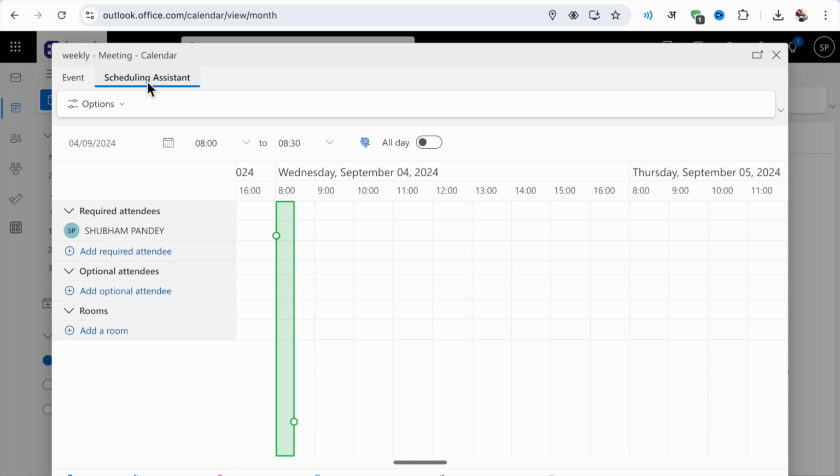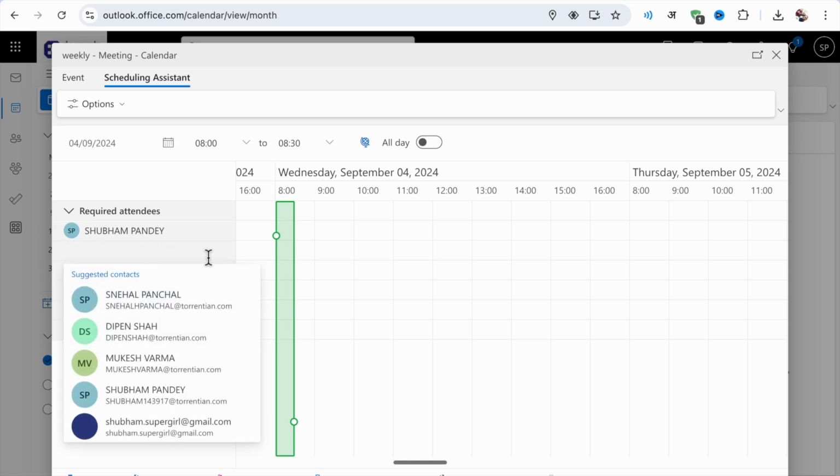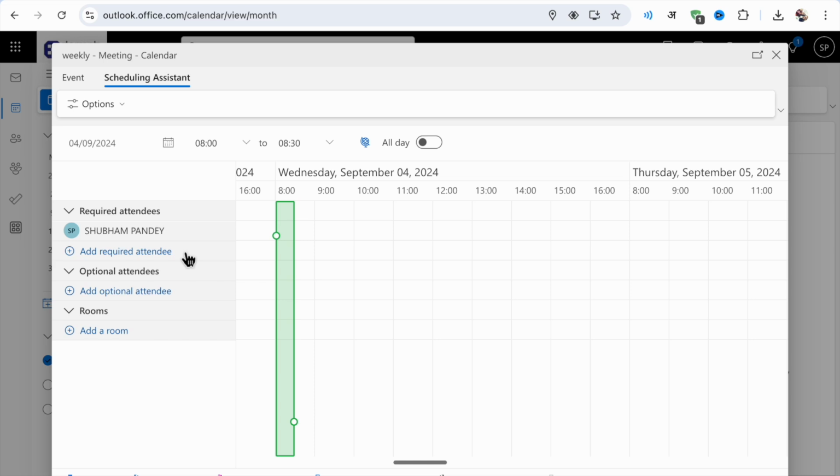Here you will see the scheduling assistant, and you can see whether all your attendees are free or not. From here you will see add required attendee. When you click on it, here you will get the attendee mail, or you have to enter the attendee mail here. And like this you can